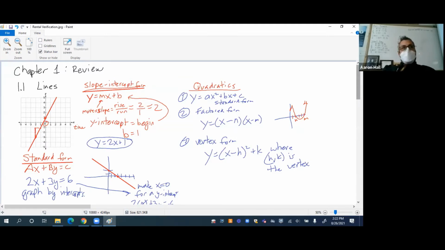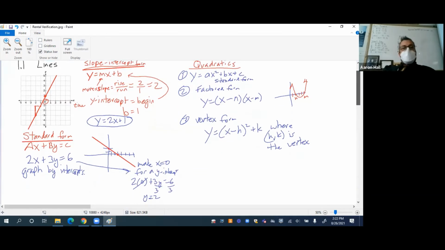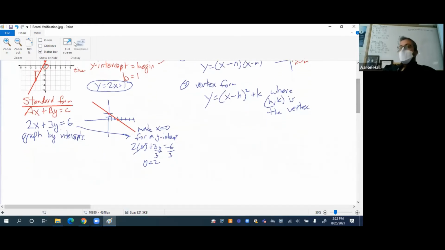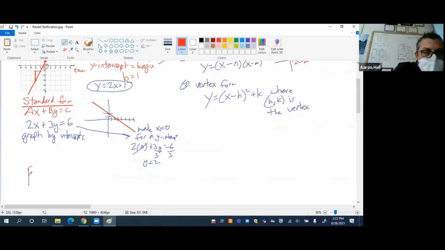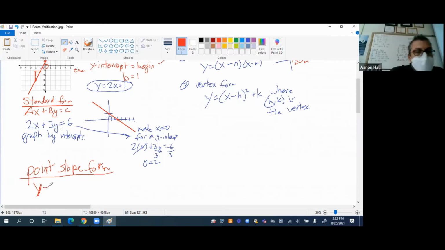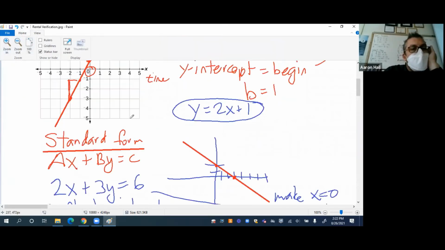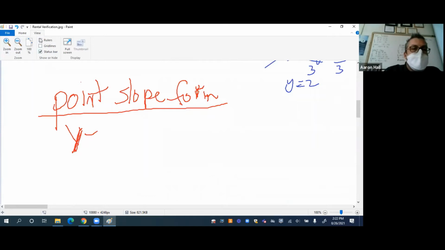All right, are we good? Okay, so the other one, the third linear form, what was it? Point slope form. Do you remember what point slope form looks like? Start out y minus